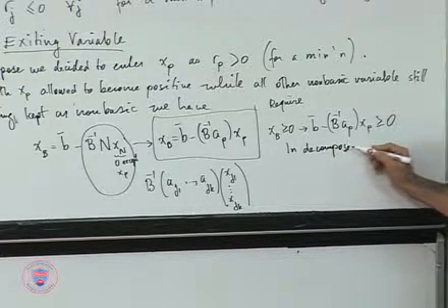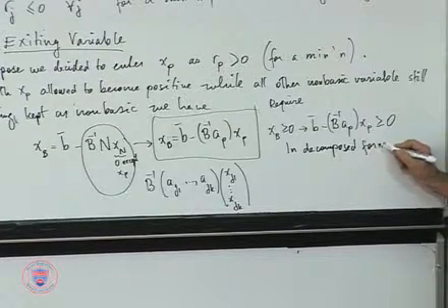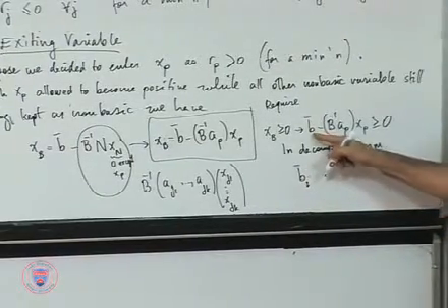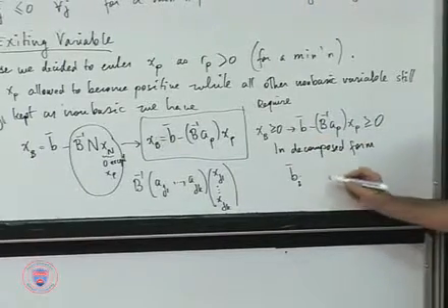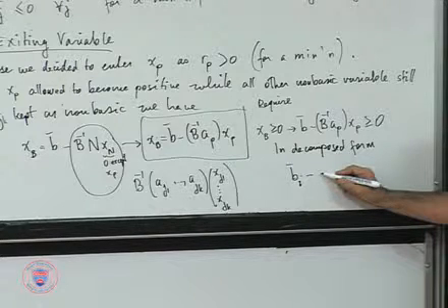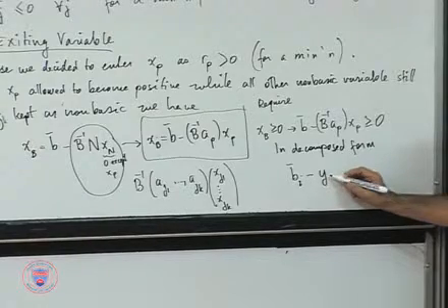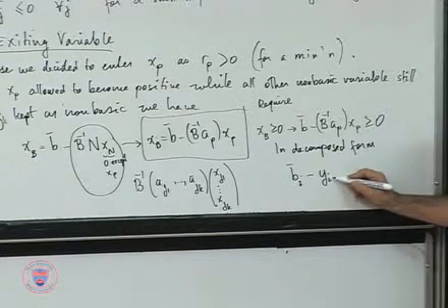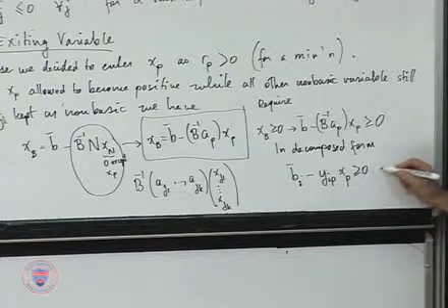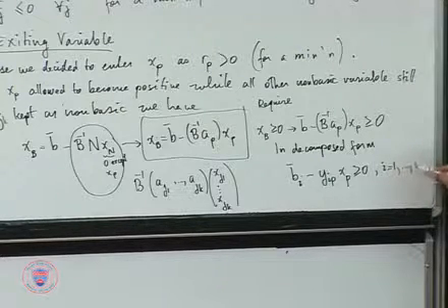So if you look at each vector, each coordinate of this vector in decomposed form, this simply tells you that the ith value inside b bar minus the ith value here, which I'm going to call yip times xp, should be greater than or equal to 0 for each of the i's going from 1 up to m,